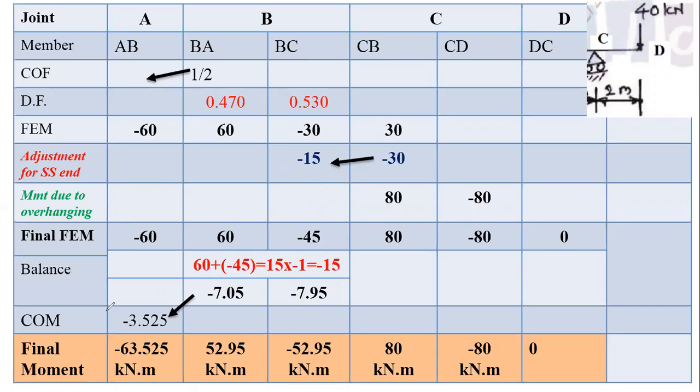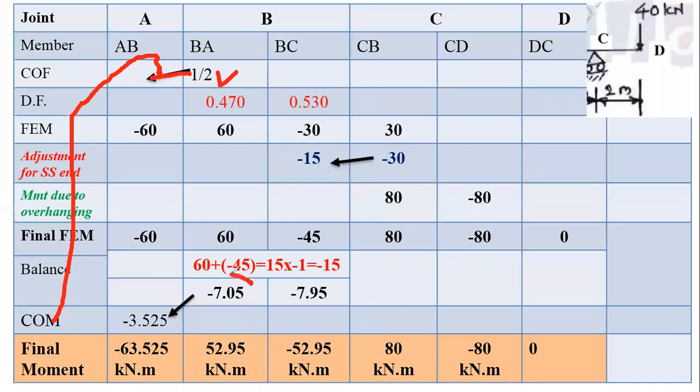After the balance step, next step it is the carryover movement. So for carryover movement, refer the carryover factor. हे ड्रॉ करायचं नाही, हे फक्त तुम्हाला समजण्यासाठी आहे. Refer the carryover factor. कॅरीओव्हर फॅक्टर काय सांगतो? BA ची movement AB ला जाणार हाफ, 50%, पण कोणती movement जाणार? Balance step मधली movement जाणार. ते काय सांगते? BA to AB 50%.